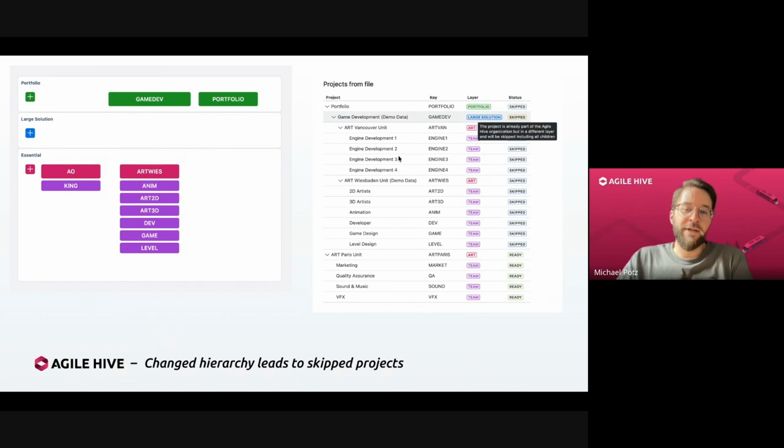So given the example that you had imported the structure before with a portfolio, a solution, and one art. As you can still see here: portfolio, solution, and that was the art previously from data center. But in the meantime, somebody moved the solution project up to the portfolio level. That obviously, if you would try to